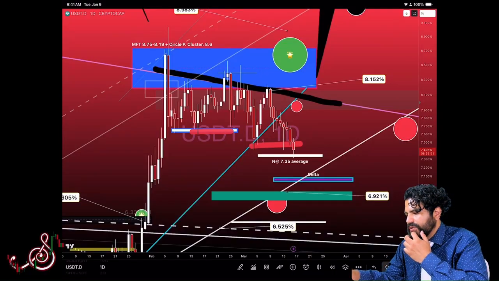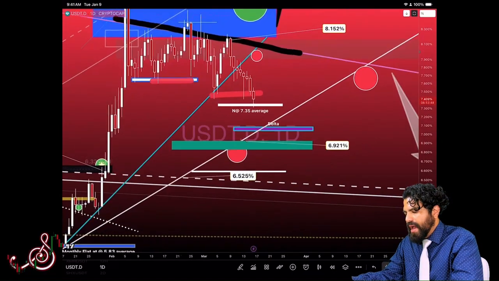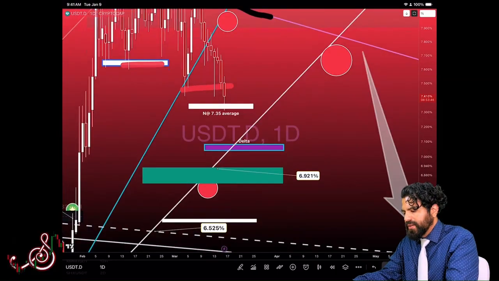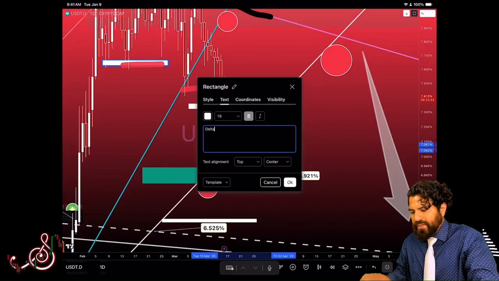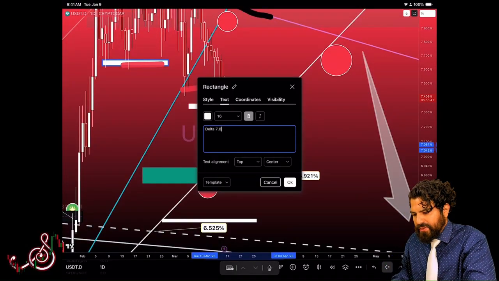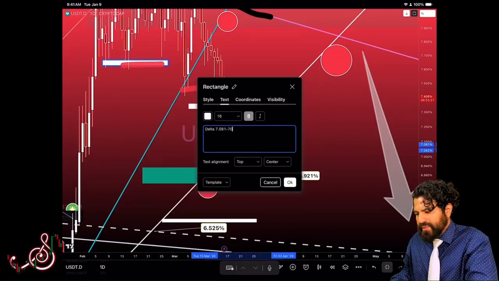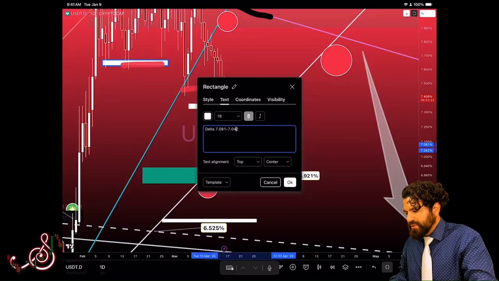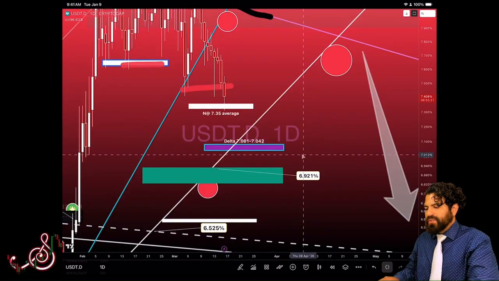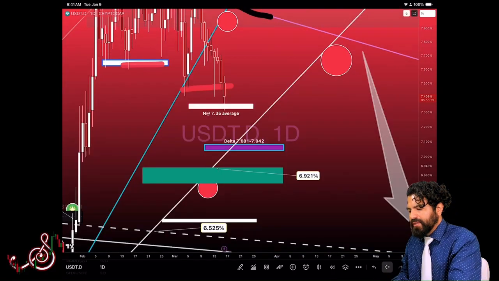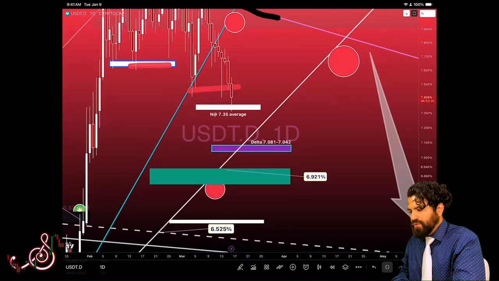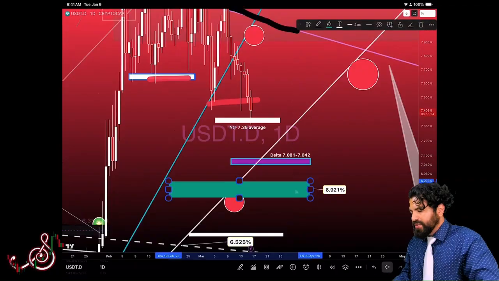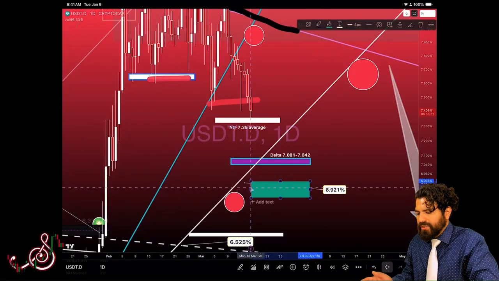I'm also going to show you that I have some more supports on the board. We have a delta support. I'll give you the numbers for this, 7.081, and then I'll give you my thoughts as well. 7.042. So 7.08, 7.42, that's going to be somewhere I have my eye on for a delta support. And you guys already have this target on the board, so they're just going to continue